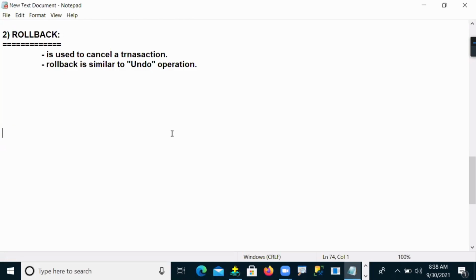So whenever you want to cancel the present position and go to the previous position in the document, we use the undo operation. Same as rollback also.